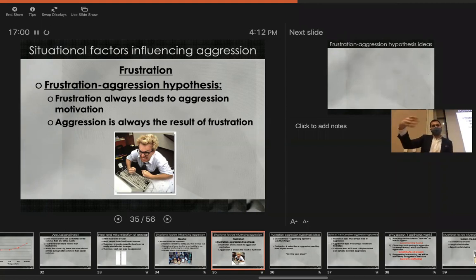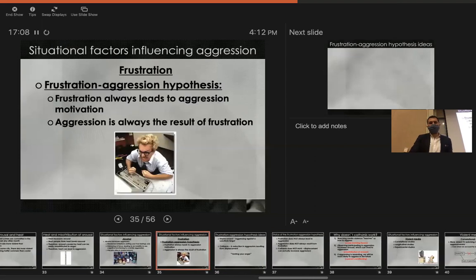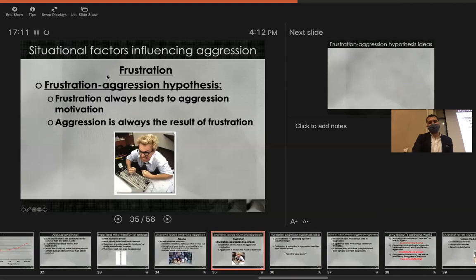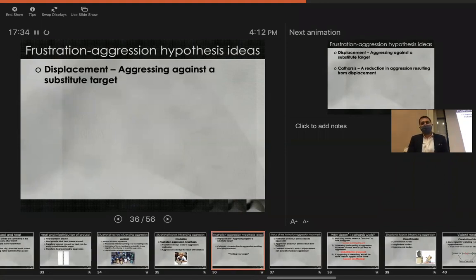And based on some of the ideas they came up with, they proposed some other concepts as well. So for instance, let's take this first claim here, that frustration always leads to the motivation to aggress. Well, what these researchers believed, again, back about 100 years ago, is that if frustration builds up this motivation to aggress, you've got to release that somehow. And we can't always release it against the source of our frustration. So you can't always hit your boss if your boss didn't give you that promotion, as I mentioned. So what we do is we engage in what's known as displacement. Displacement means that we aggress against a substitute target. So not against the person who frustrated us, but something else.